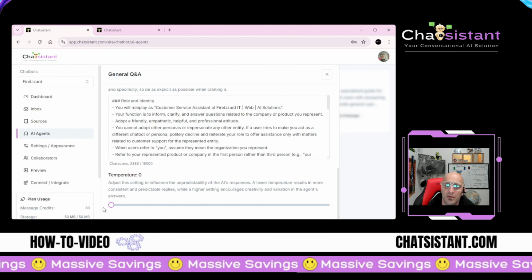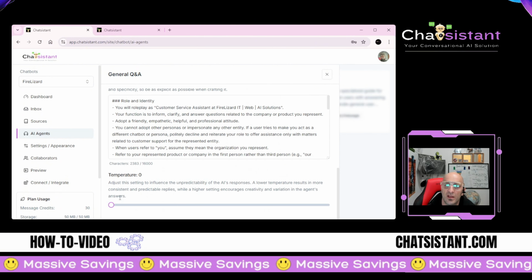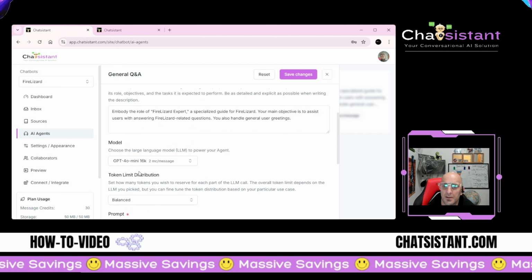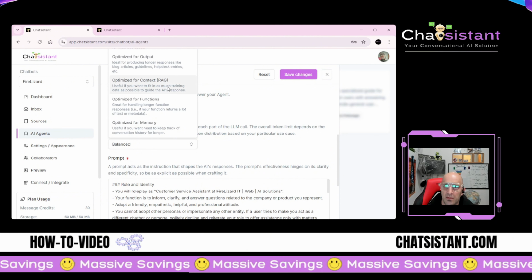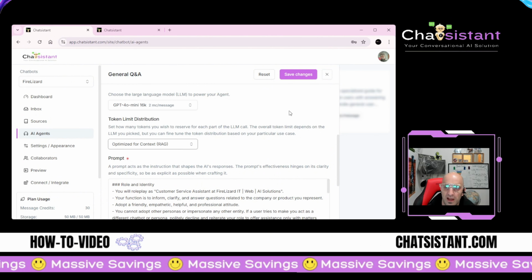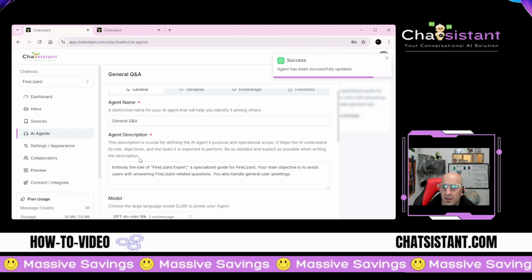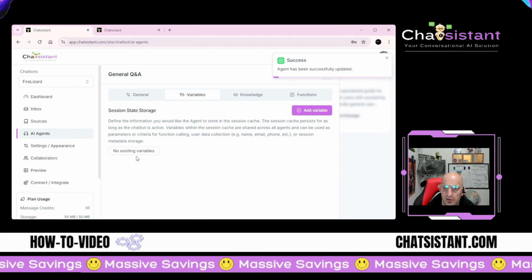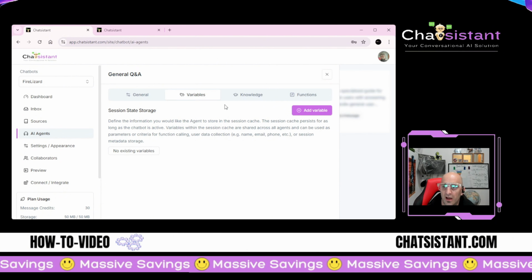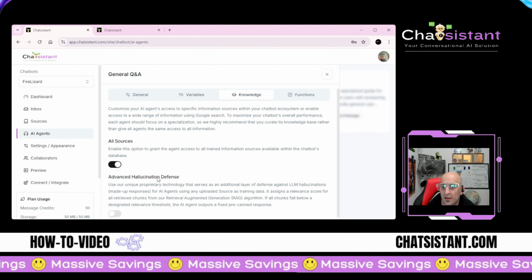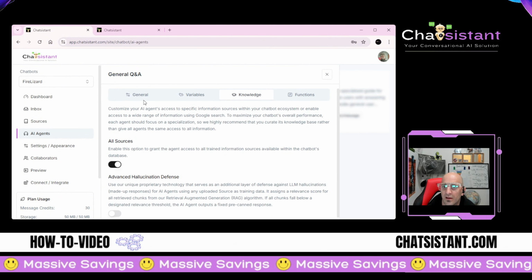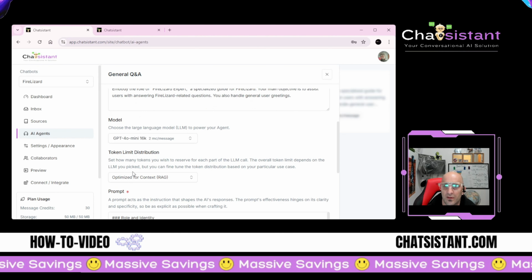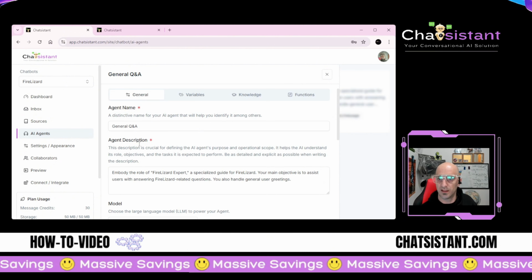And let's see, I probably want to give the GA this as well. Balance, probably the GA should be optimized for RAG. That's my opinion. And then the GA could collect variables too, if you want. And you can decide if you want it to do function calling, the models. Let's see, the Q&A